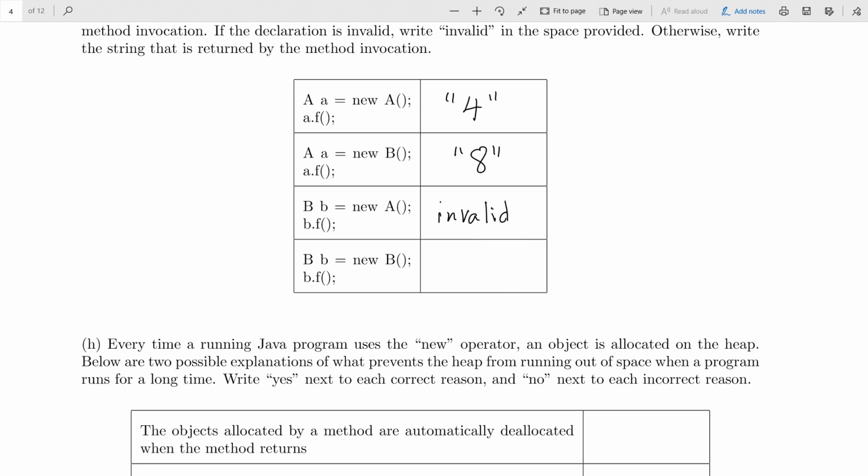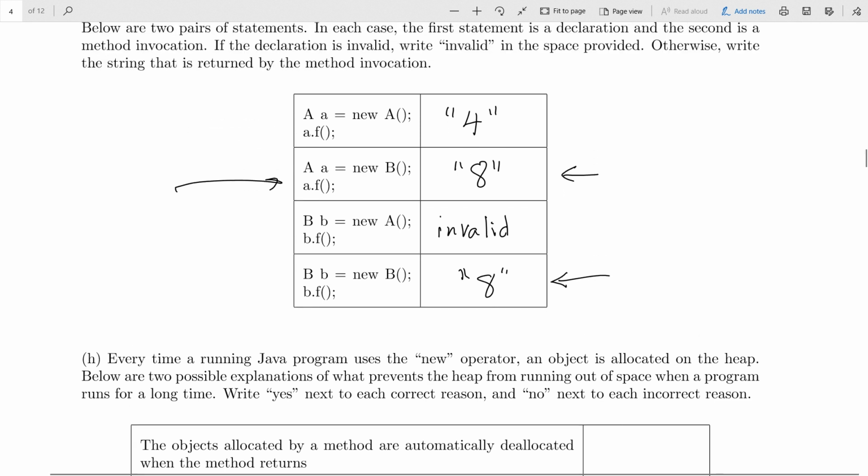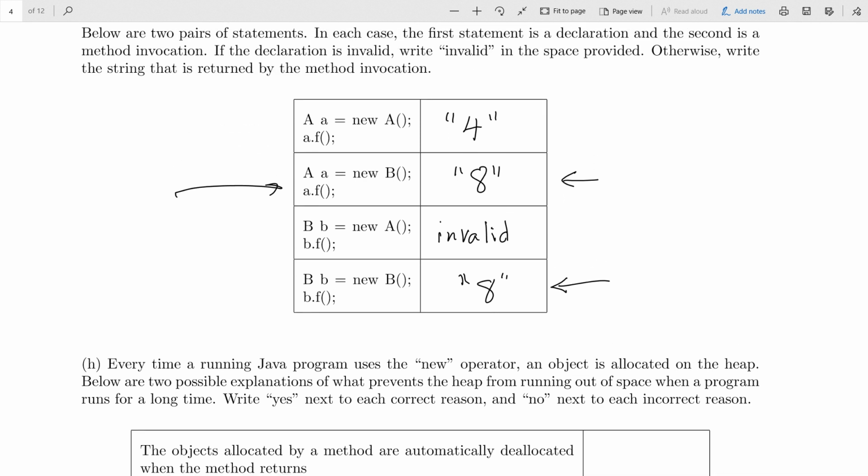We create a B object, store it in a B variable, and call B.f. Yeah, it's exactly the same as this one here. So typically, I think we would see people stumble on the second one, trying to know what happens. The behavior of the object somehow changed because it's stored in a variable of a different type. And no, it doesn't lose its identity when you do that. Any questions I could answer about that?